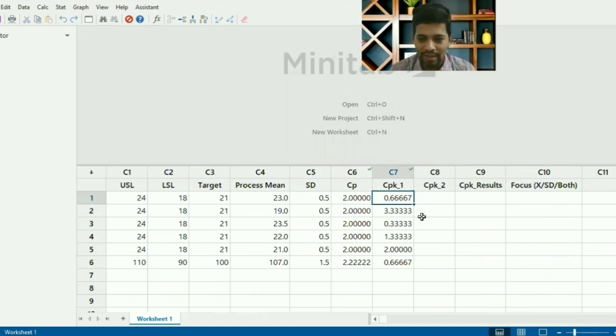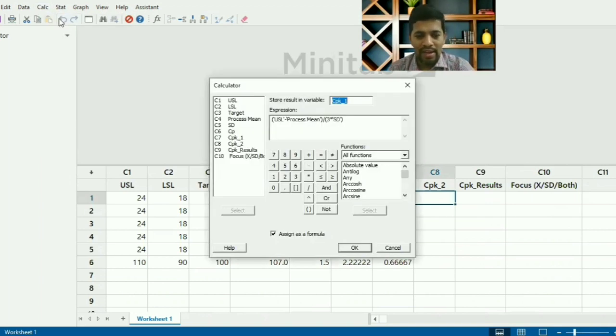One part we identified. Let's do the second expression. Go to calculator and press F3 so that all values get erased. You can pick up CPK and write down the expression. So the expression is process mean minus LSL, divided by 3 into sigma.